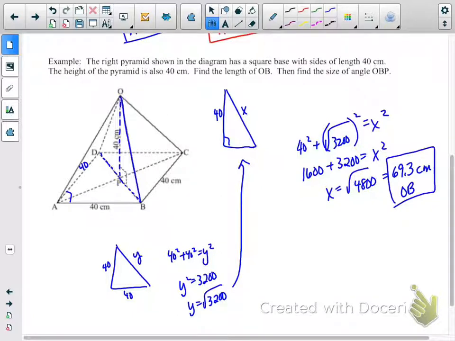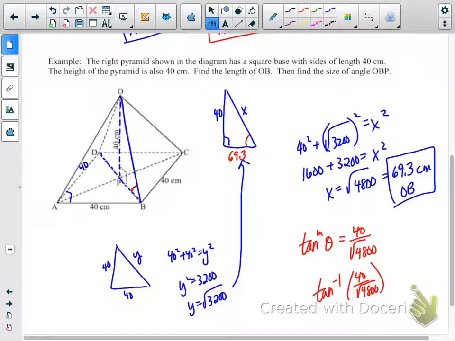Now, find the size of the angle. So the angle OBP would be right here. So we know that this is 69.3. Now, it would be really nice to do that exact, though. So when we set up our trig function here, well, let's not do the inverse yet. Tangent of theta is equal to 40 over, well, I know what that 69.3 is. It was the square root of 4,800. So let's use that instead. And I just realized I wrote that down wrong on my paper, so I'll have to fix that. The inverse tangent of this,